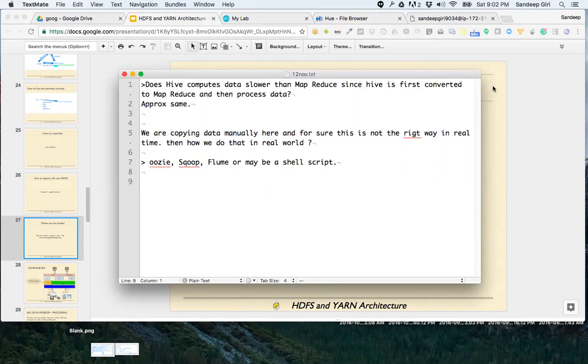Good question. So yes, right now we are doing everything manually, but in case of a project, we would like to automate the entire process of copying the data, because copying the data, specifically big data, is not a small game. Copying the data is a huge game. We need to have a great process.